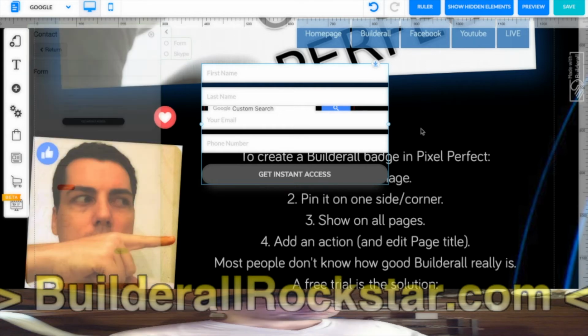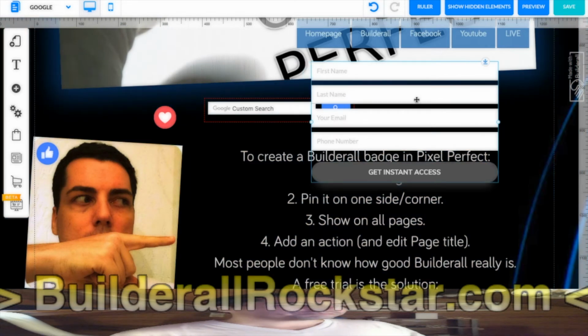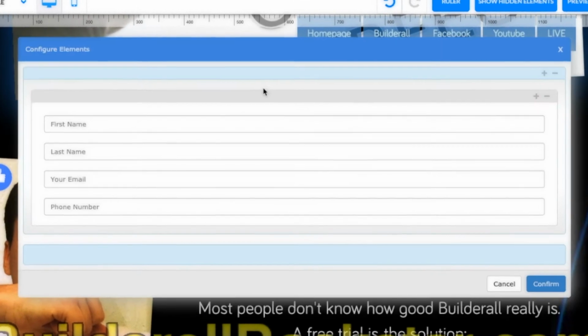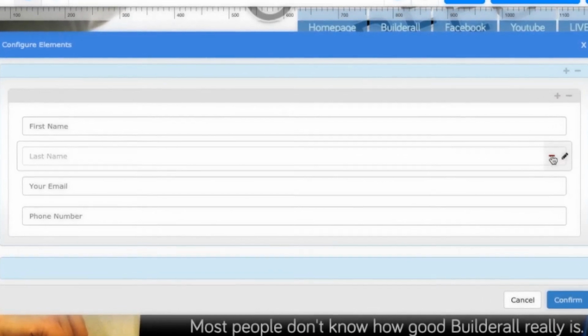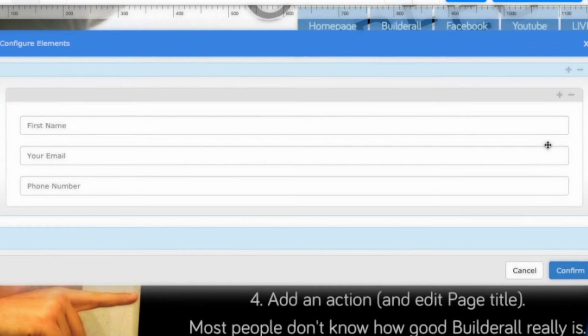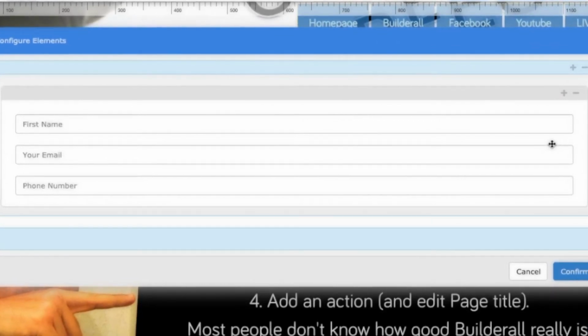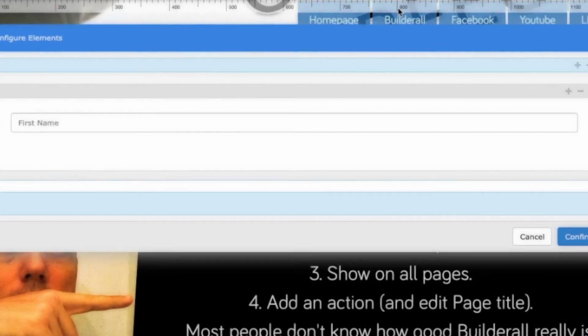What I want to do is have only one field and one button. So right click, elements. Elements are the fields. So you can delete 3 out of 4. Okay. And edit the one you have.